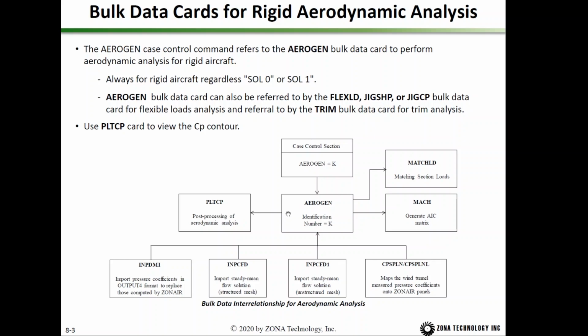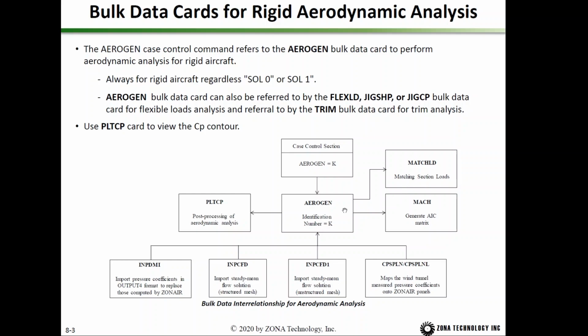So with AEROGEN, you can output the CP on the ZONAIR panel model, and you can use the PLOTCP card to look at the CP distribution. The AEROGEN card refers to a MACH card. In the MACH card, you define the Mach number, and the MACH card will generate the AIC matrix. And also, if you have wind tunnel measured component loads like wing root bending moment, wing root shear, you can